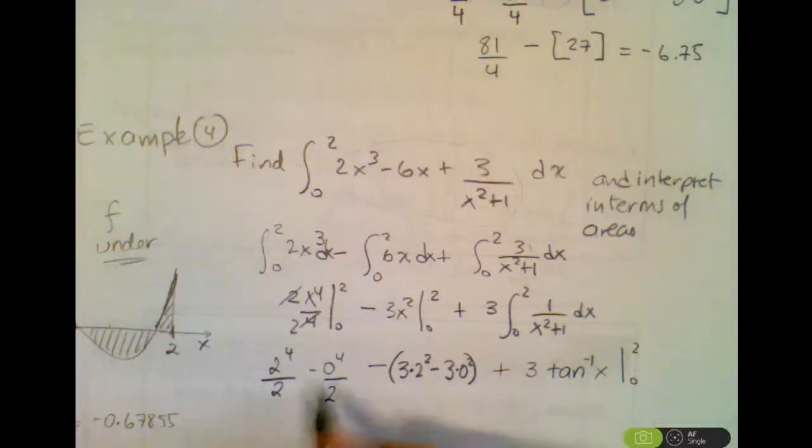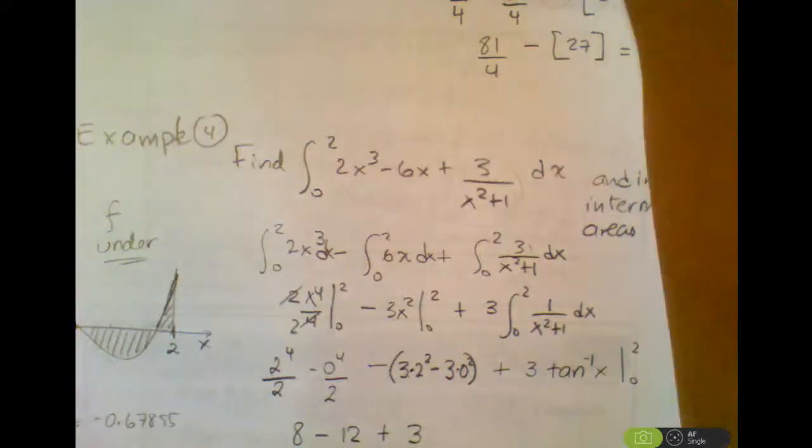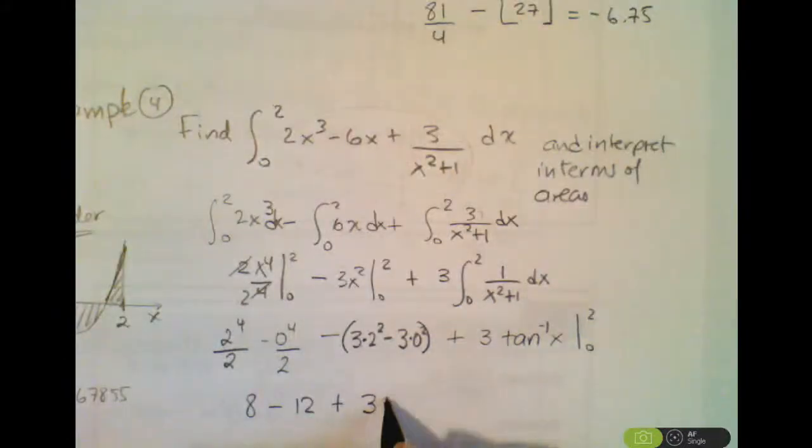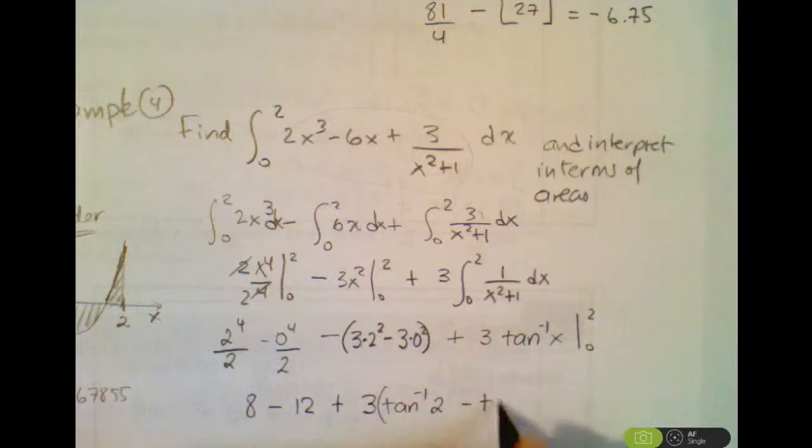And now let's simplify this. This is 2 cubed, which is 8, minus 12, plus 3 times arctangent of 2 minus arctangent of 0. Now I know arctangent of 0 is 0,